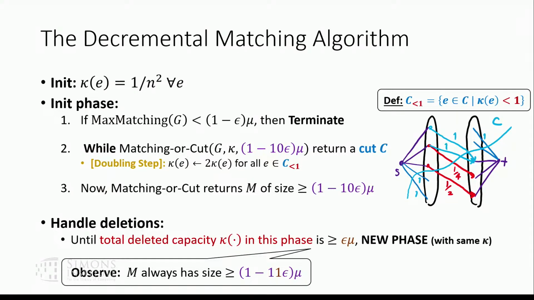So the total deleted capacity being epsilon mu is not the same as the size of the matching decreasing. Exactly. So we saw in the complete graph, the adversary can delete your capacity, but there's still a large matching. That's the bad case. When the adversary actually reduces the size of the matching, that's good, because that can't happen very often. The bad case is when the adversary deletes your matching, but there still exists a large matching, so now you have to go spend time recomputing it.